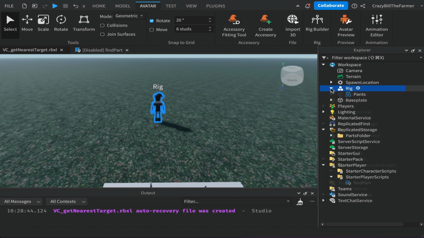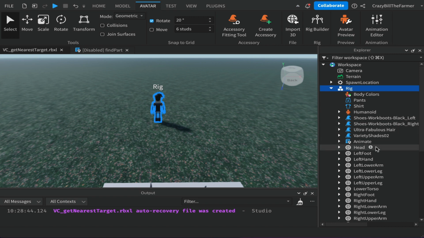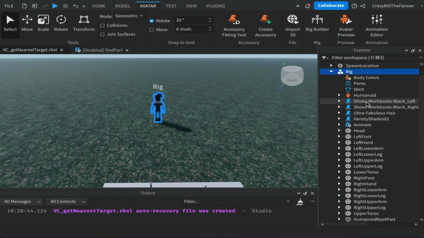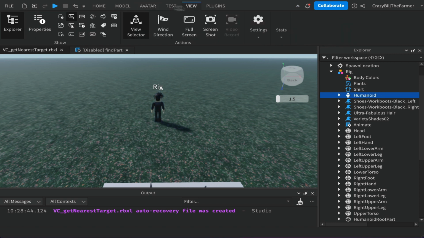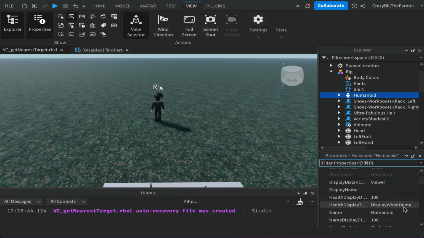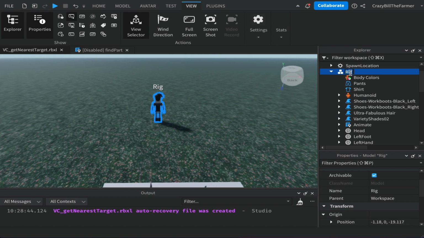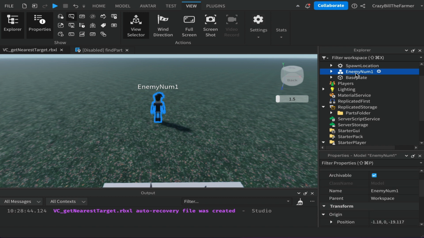Alright, and if we just expand this out and find the humanoid inside of the rig, as it's called here, and I'll open up my properties window, we can just click on the name of the character here, and we'll change this to enemy number 1. And I'll rotate him around. I just rotated him by using Control or Command R on your keyboard to spin him around